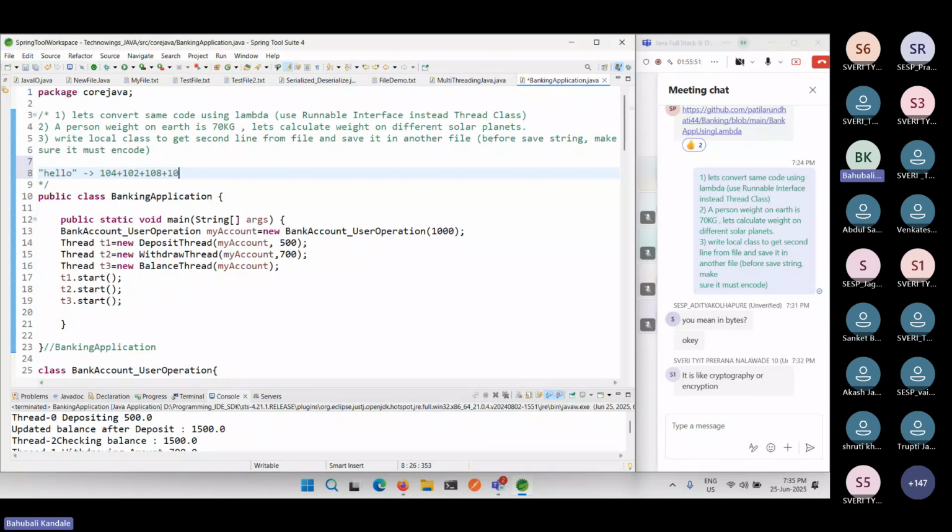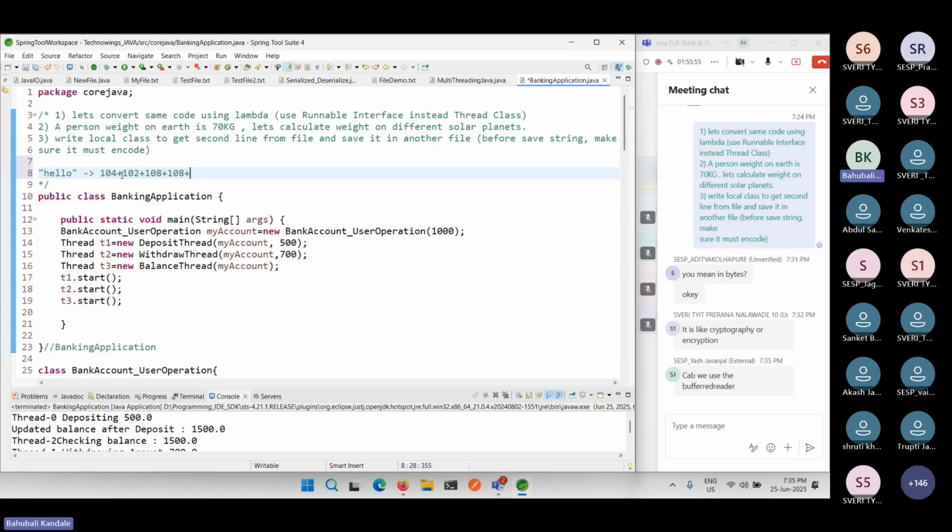Plus L is 2 times 108, plus O. O is in small case, so I can use 111. Whatever total I got,